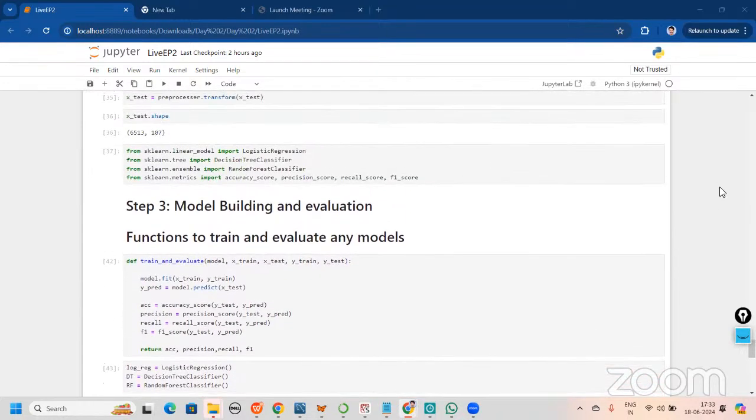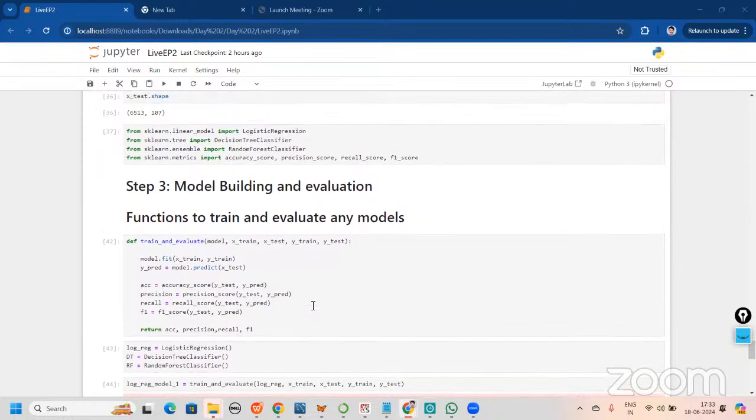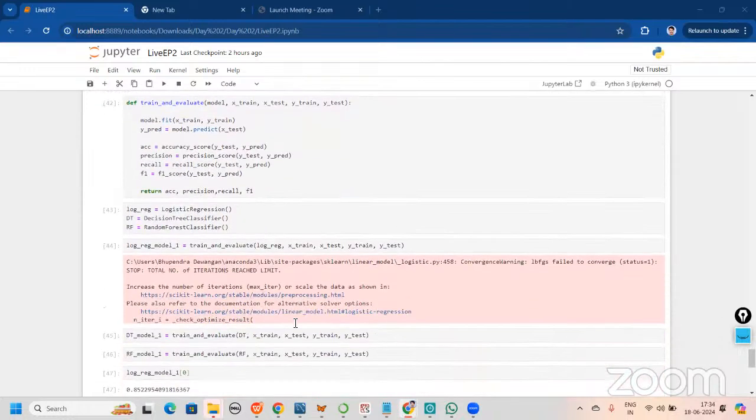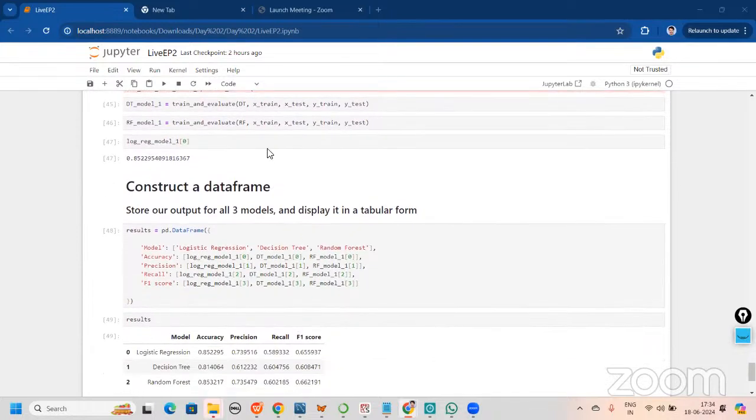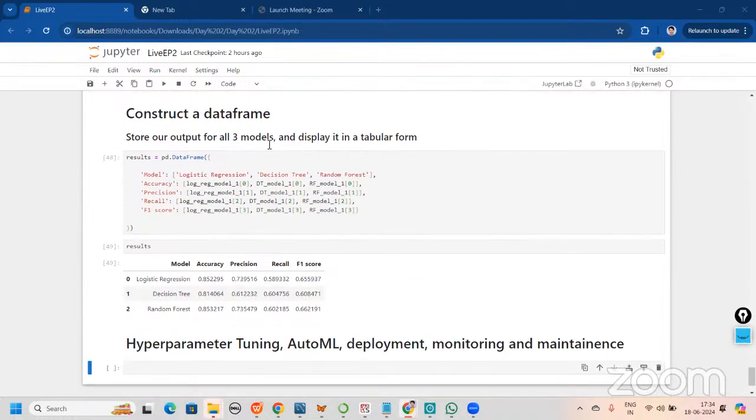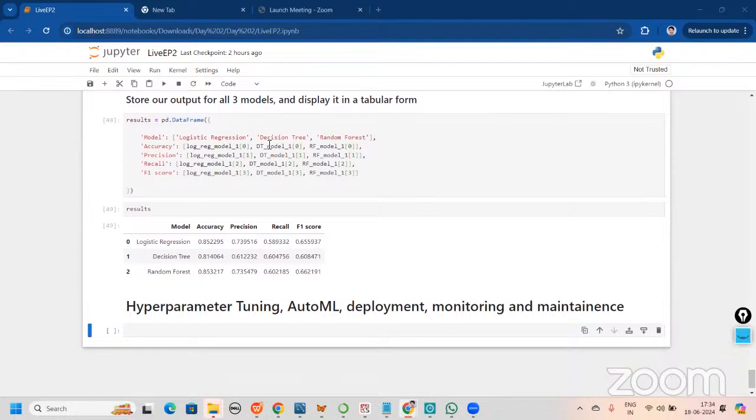We define, train, and evaluate. First of all, we define this function, train and evaluate. We do model.fit, we predict with the model, we see the accuracy, precision, recall, F1. We have seen all those things. And when we define the function, we get in return accuracy score, precision, recall, and F1 score. We talked about different models then, logistic regression, decision tree, and random forest, right? We have made a model, we did train and evaluate. And of course, after that, we constructed a data frame to get this as a result. Now,